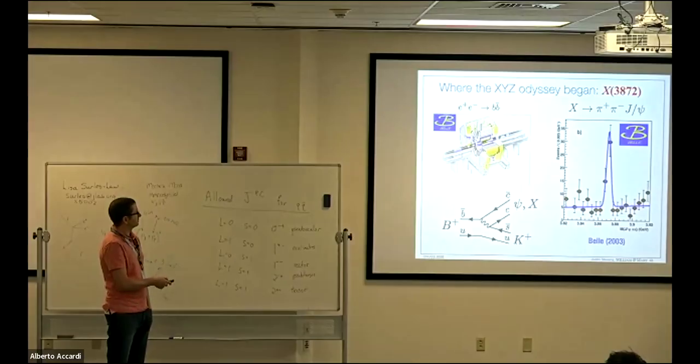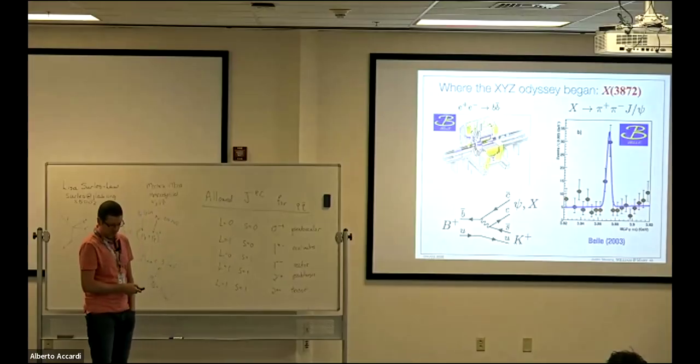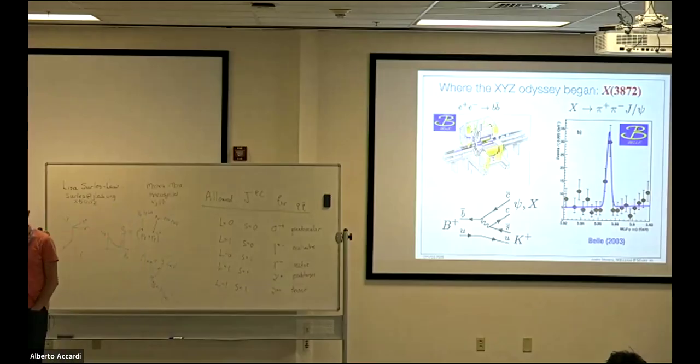Yeah. So this is where we see this big peak. This is 2003, the first so-called XYZ observation. And for the last 20 years, we've been plugging away at trying to find more of these exotic kinds of candidates. The interesting thing about this one is actually its mass and its width. So it sits here at 3.87